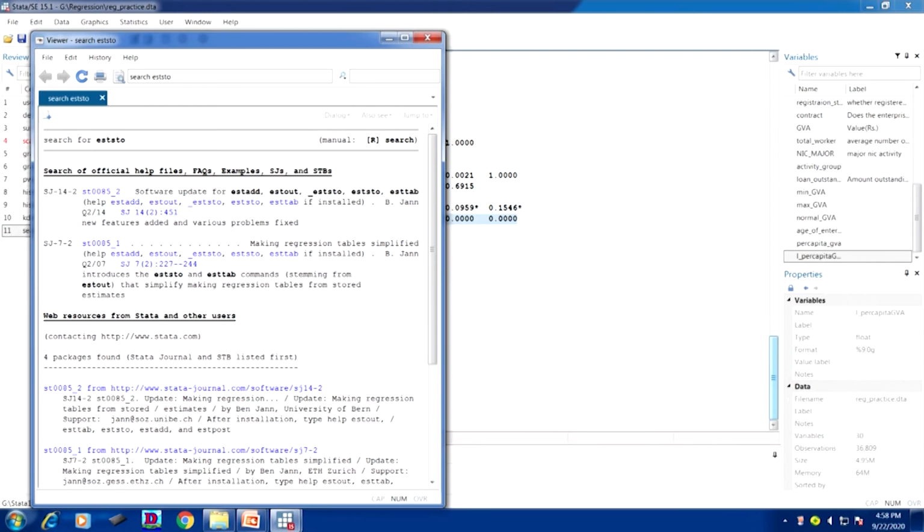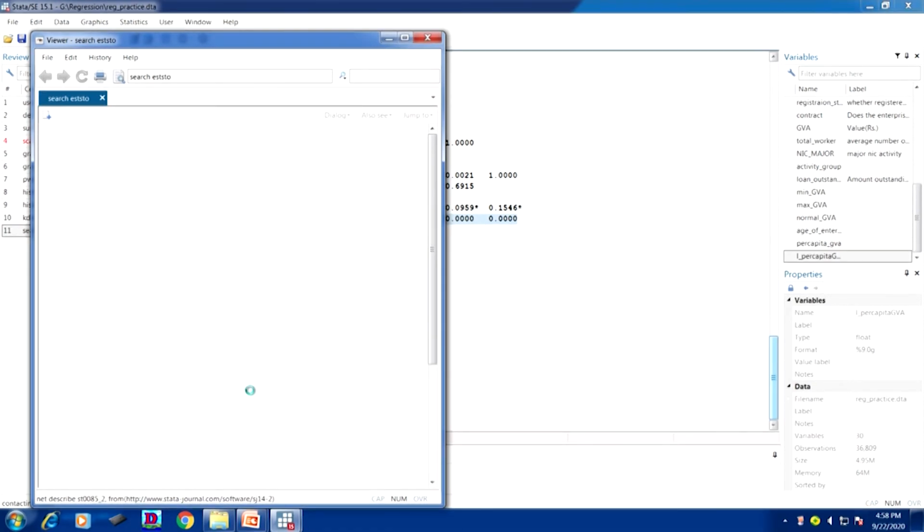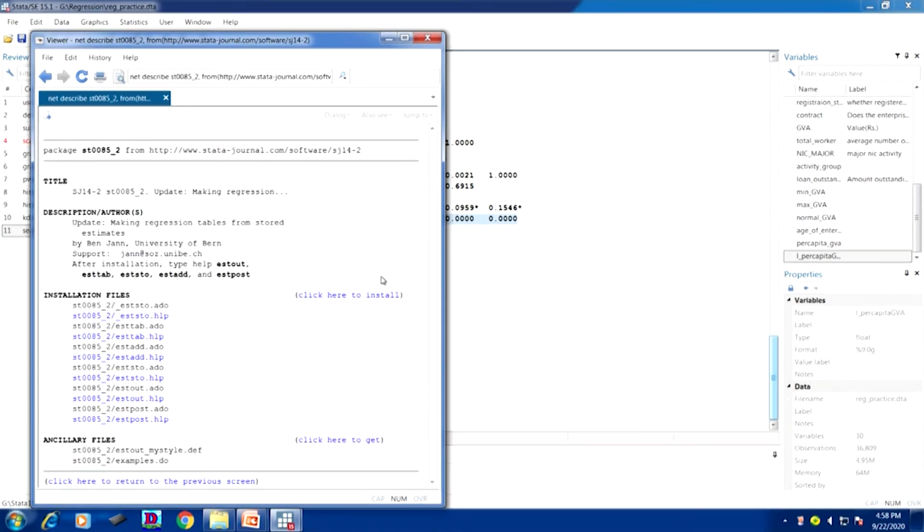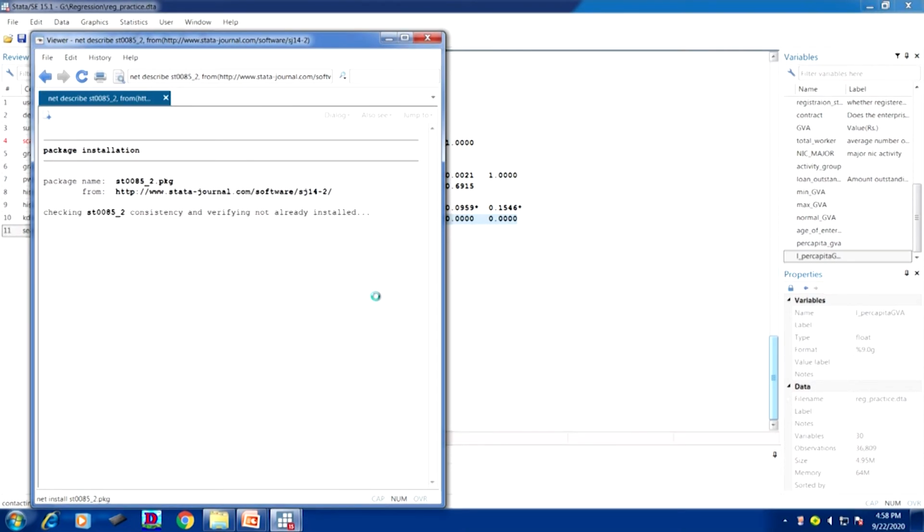The first step is that we need to install it. After installing, it will work, and it gives the right window for comparing the models. So, it is being installed, and only then can we use it. Now, the regression command takes the variables. I think it has been installed.